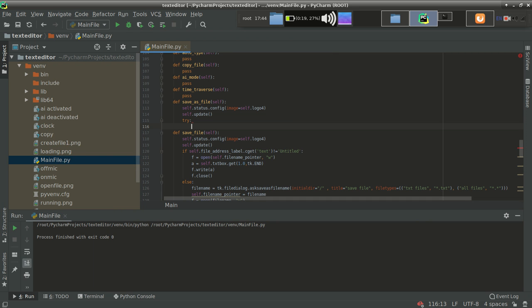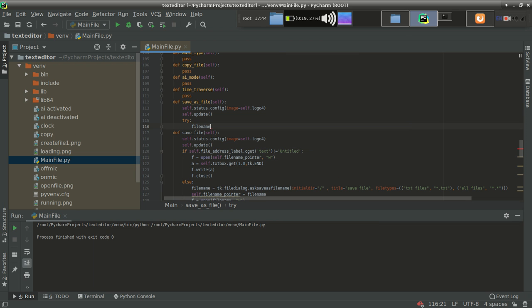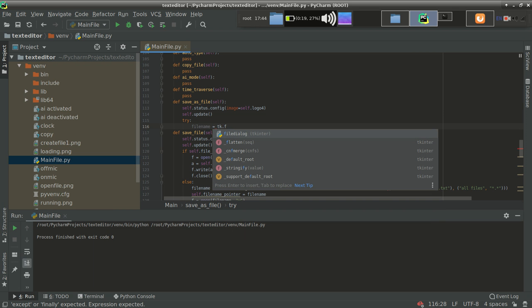That's my target. In Tkinter there is no such type of dialog box, so we have to use the save as dialog box in this case. So let's provide the name, file name equal to tk dot, and I'll tell you the working of try and except over here.